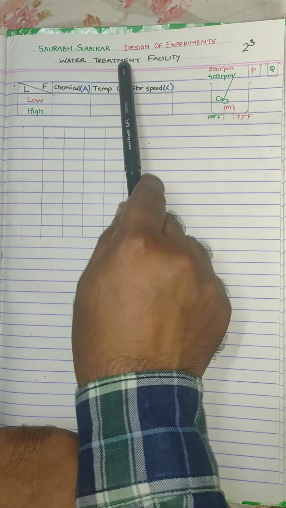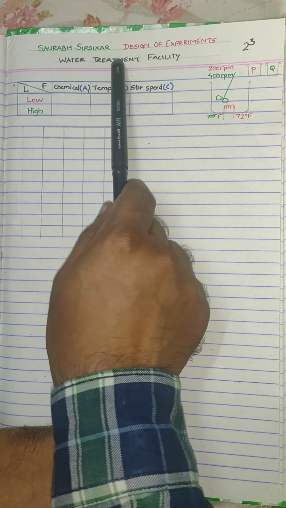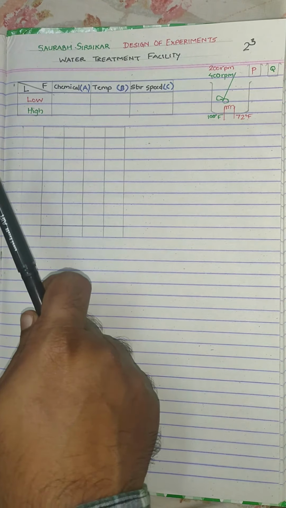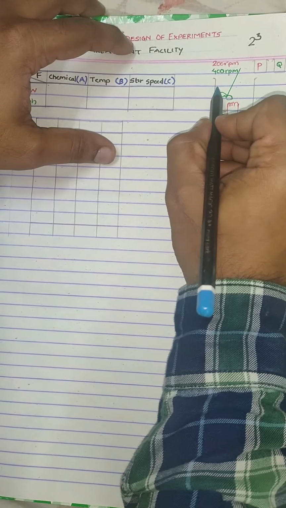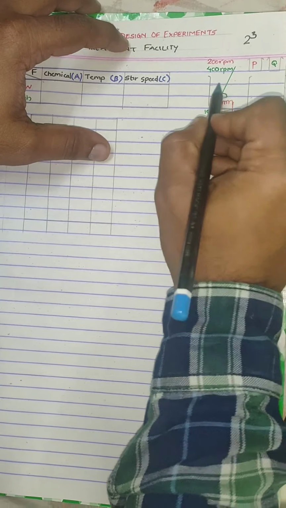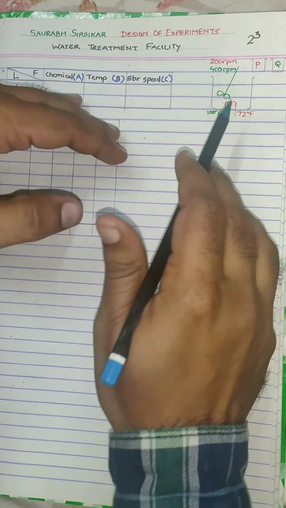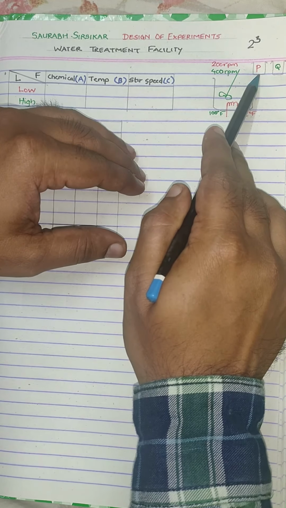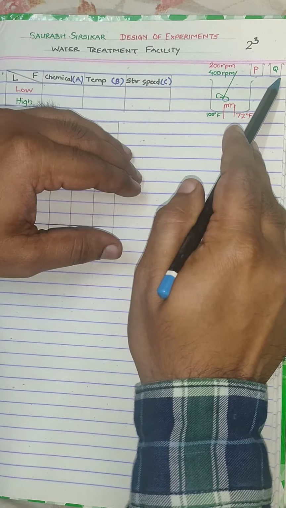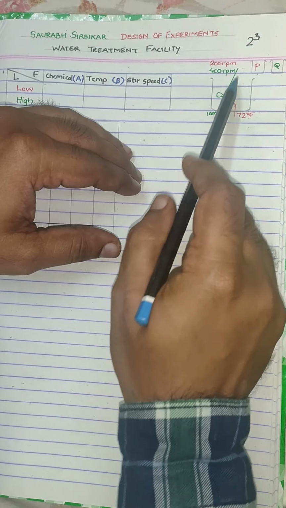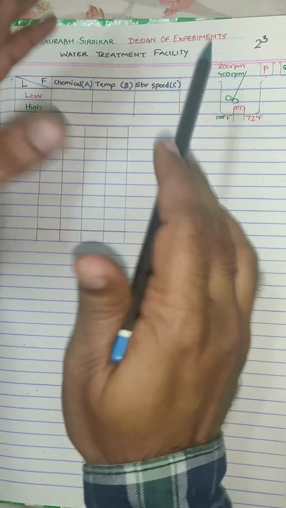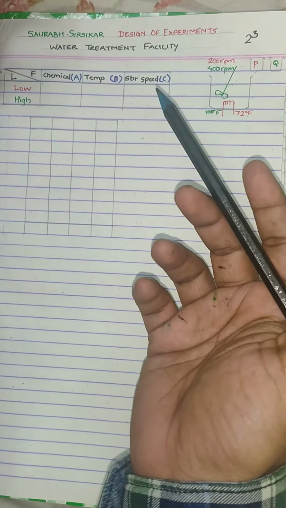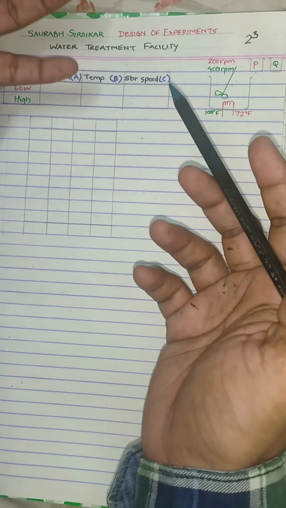This example particularly deals with water treatment facility. So this is the example. I have drawn a sketch for you. There is water which needs to be treated. So impure water is given to the treatment facility, and they add some chemicals like chemical P or chemical Q. They give it heat and they stir the solution. So all of this purifies the water and gives us a less polluted water sample.